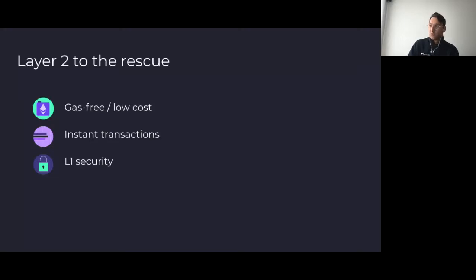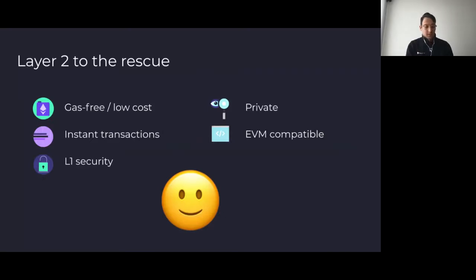But there are multiple reasons why Ethereum is great as a security layer and why a lot of us believe in it, but that's a different topic. And layer 2s can be private, and they also can be EVM compatible. Now, this is kind of a menu of the things that layer 2 can provide. No layer 2, as far as I know, provides you all of these. So we're not quite there yet, but a subset of these things is included in some of the layer 2s that are live today. So great, our user is happy. All of the problems that we outlined earlier are solved.